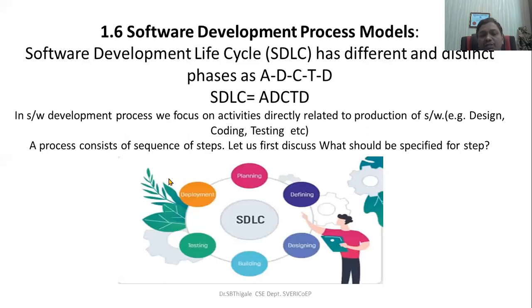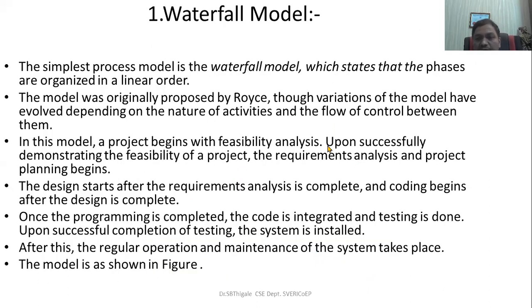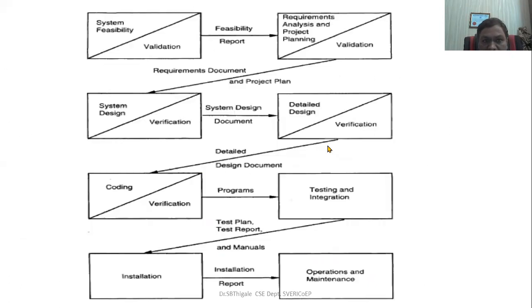Then we have started with the software development process models. Simply, this is what we can call the software development life cycle, SDLC. The different phases of the SDLC are analysis, designing, coding, testing, and deployment. Once this process has been defined, we can discuss it in different models. The first model I am calling the waterfall model. Second,